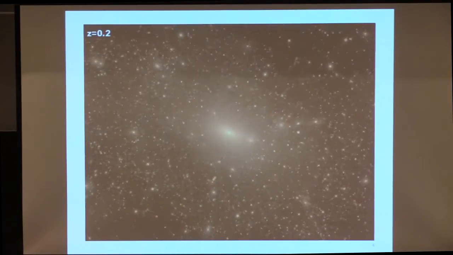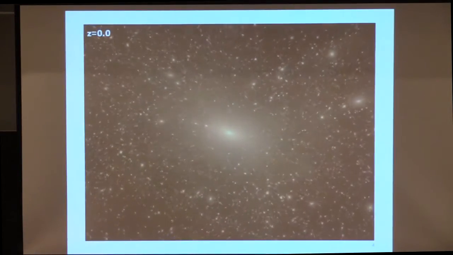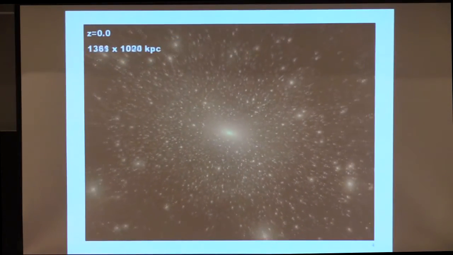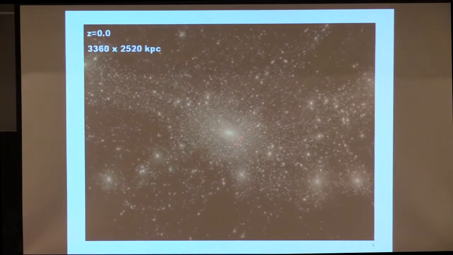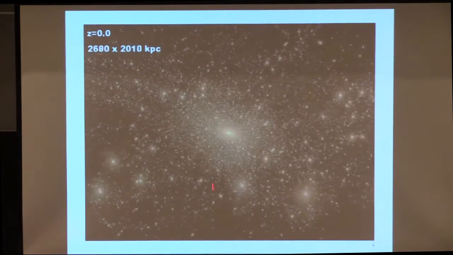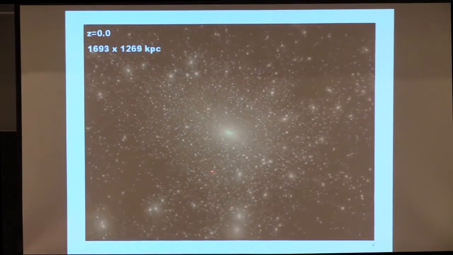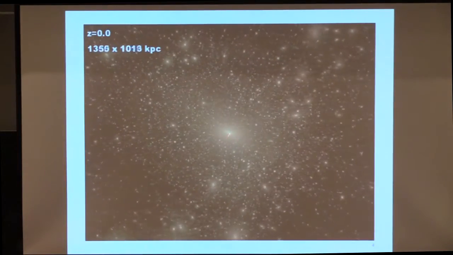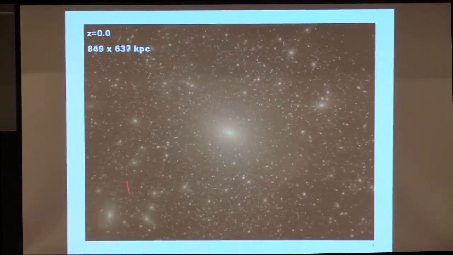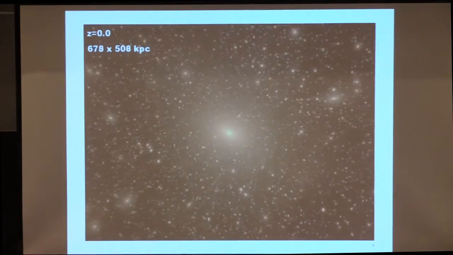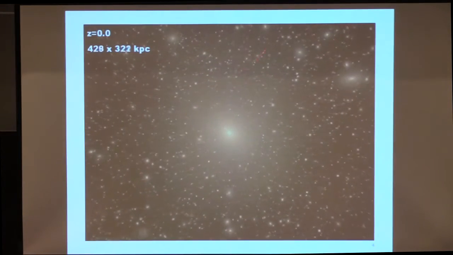And as you get to z equals 0, what you'll see is it's not that all these little dark matter halos have disappeared. Many of them have been agglomerated into the Milky Way, the main halo, but many still remain. So you should think of this, it's giving you a sense of scale over here. We're zooming in here. There'd be a tiny little galaxy in the middle, surrounded by a smooth dark matter halo, but filled, about 10% of the matter in the dark matter halo would be in these lumps. And the point about this picture,